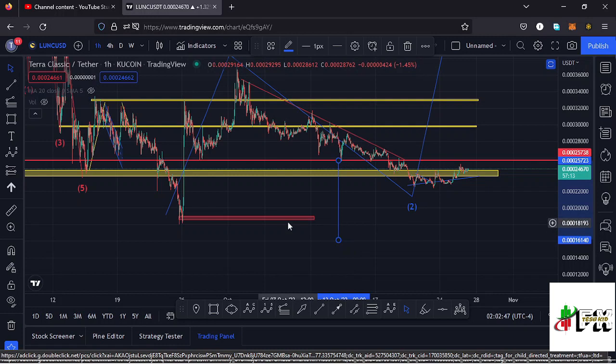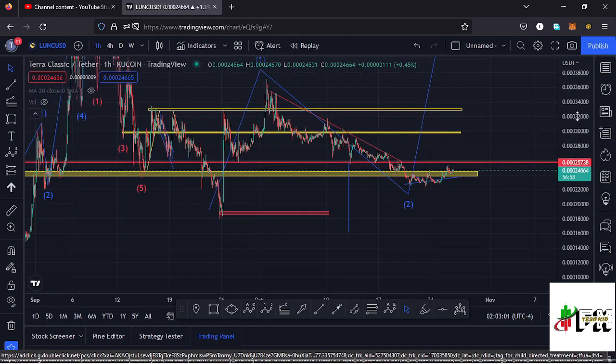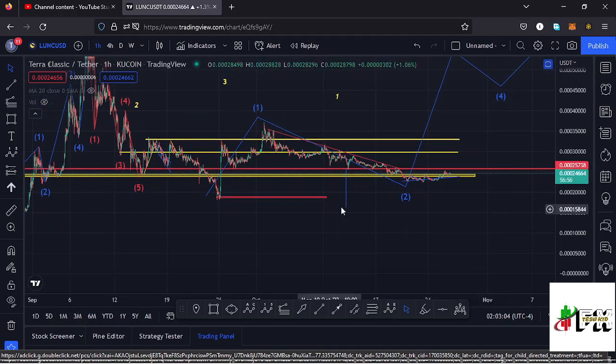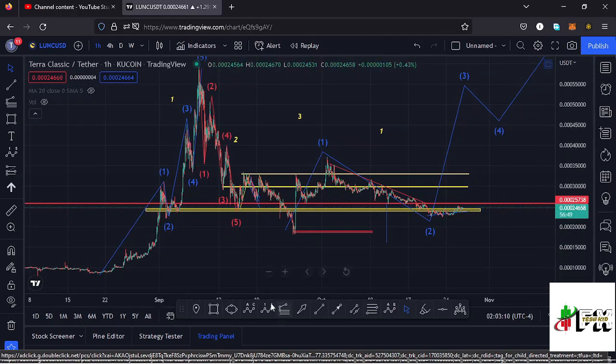and we had a key area of support at around the $0.0018 mark. So in case we could see that movement to the lower side, I expected that key area of support to give us support and maybe see a bounce to the upper side. And in case that movement could have played out and give us a new low below the low that we have for that second wave, then I will have to view this movement to the lower side as a massive